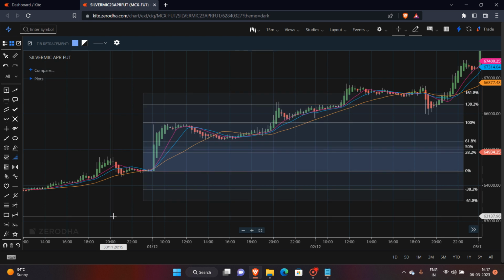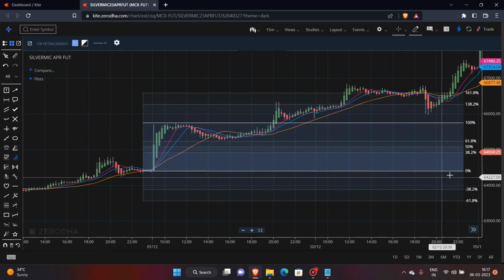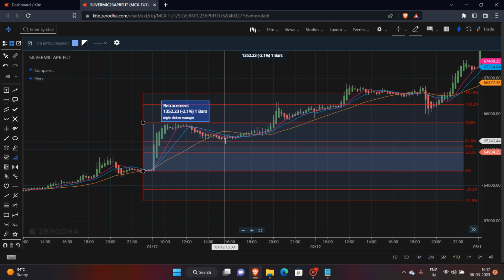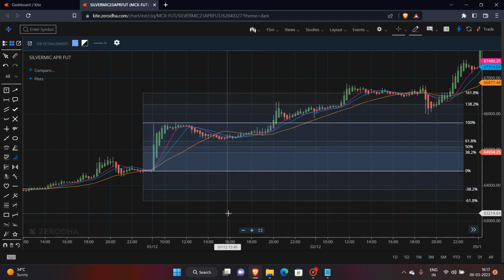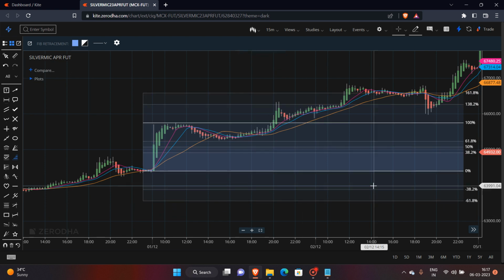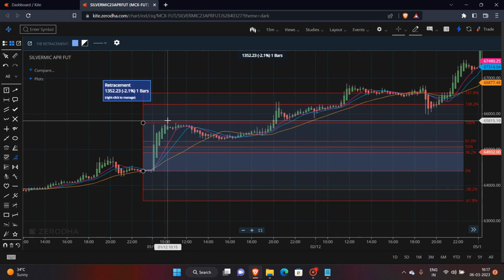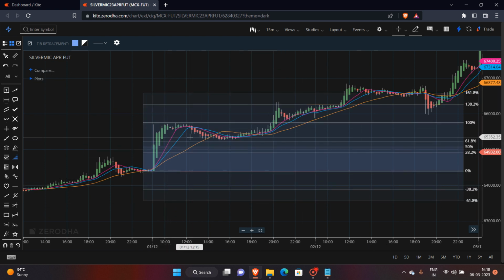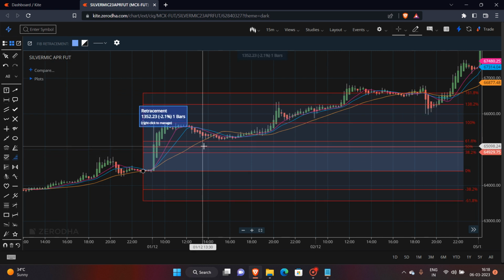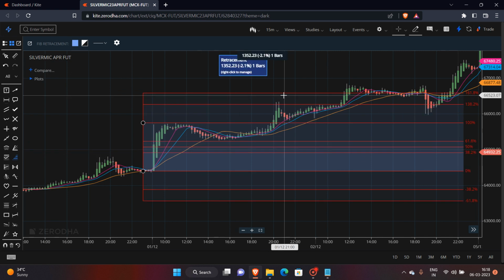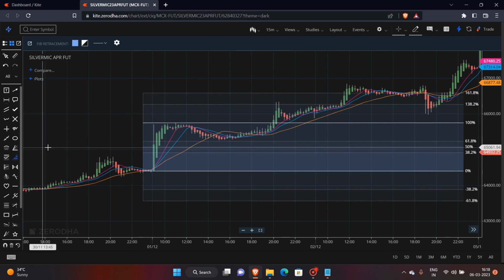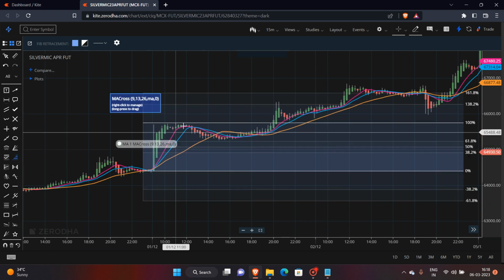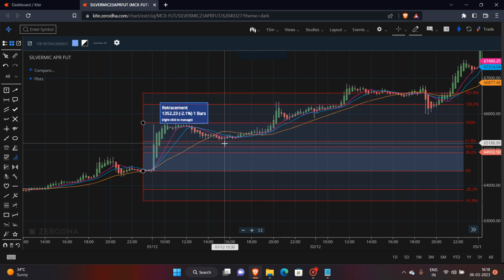You can see that when I place the Fibonacci, it shows that this is the 61 level where the market normally takes support in a bullish move. So you can see the market moved up and slowly it came to this 61 level, and from there it retraced. So if you look at the entry and exit point,